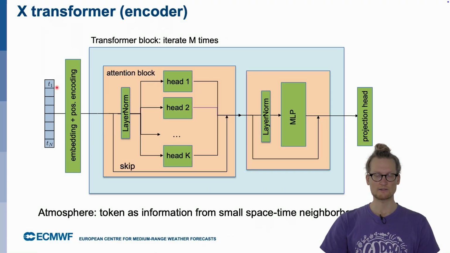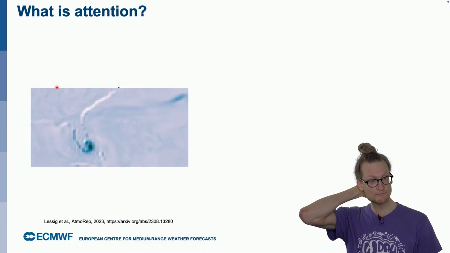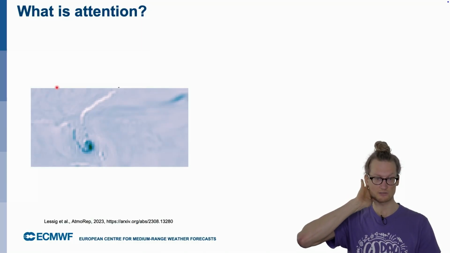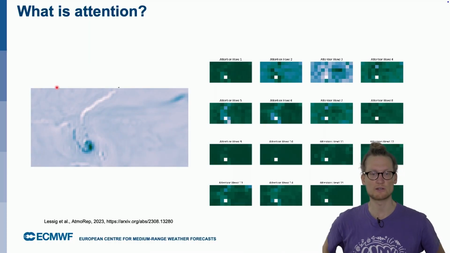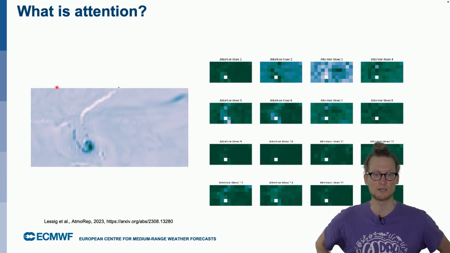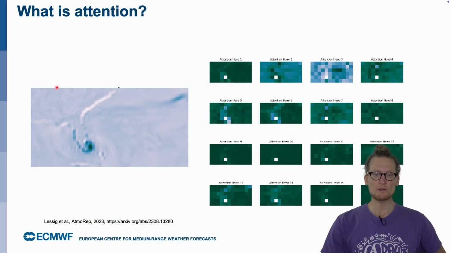Right. And now applying this to atmospheric science, we have this paper from Lessig and colleagues, who are basically processing atmospheric states with a transformer. And when looking at the individual attention maps, like at the different heads of the transformer,